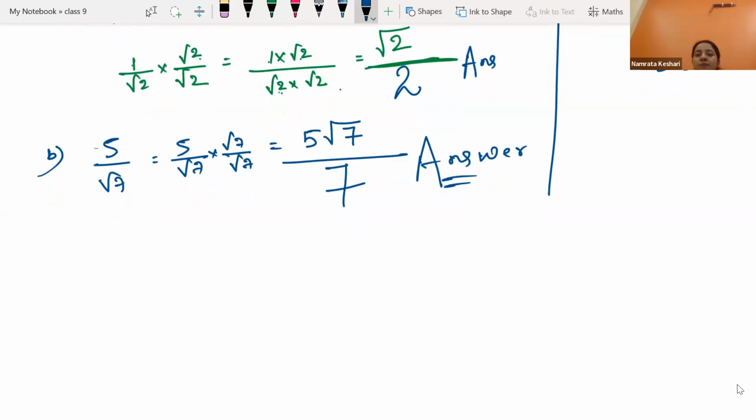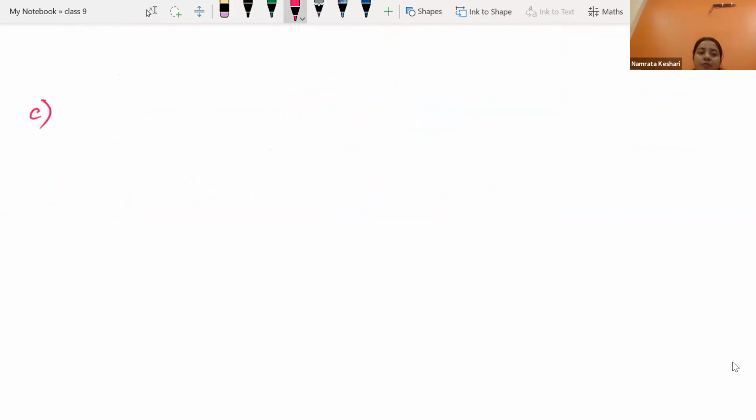Suppose we are having 5 by root 8. Can you tell me what will be the answer quickly? 5 root 8 by 8. Yes, 5 root 8 by 8. Okay, let's see the next type of question. The next type will be 1 by root 5